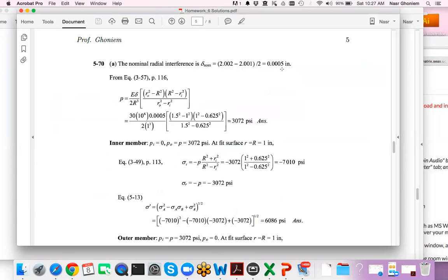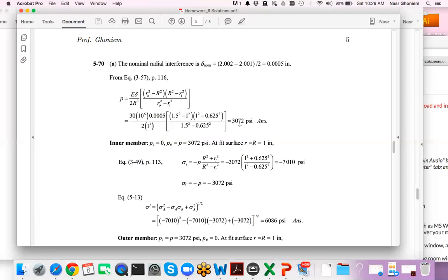as I mentioned, 0.5 mil. And then the pressure for every delta is amplified by this factor, E over 2R cubed times this factor. So for every 1 mil you get some certain pressure. For 0.5 mil, you get 3 KSI. That gives me nominally what's going to happen in this case. And the 3 KSI is now applied as a pressure on